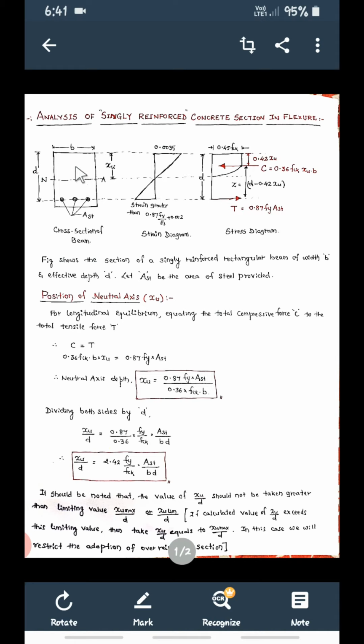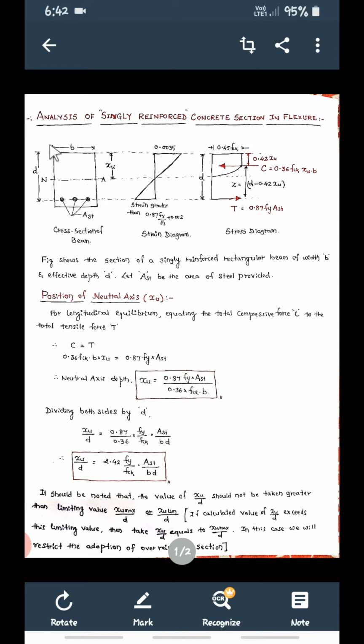Above the neutral axis it is the compression zone. Okay, let us draw the cross section, with the width of the beam. Can you see small d? It is from the top fiber to the center of the reinforcement. So this distance is mentioned as small d, the effective depth of the beam. And the distance from the top to the bottom is capital D, that is the overall depth of the beam.